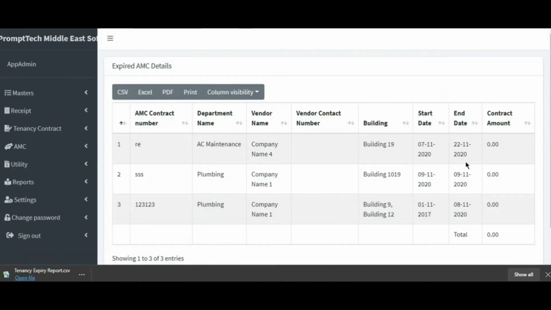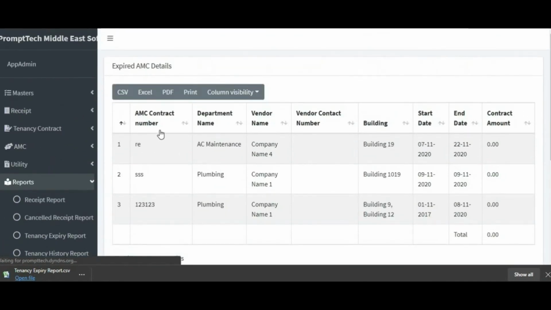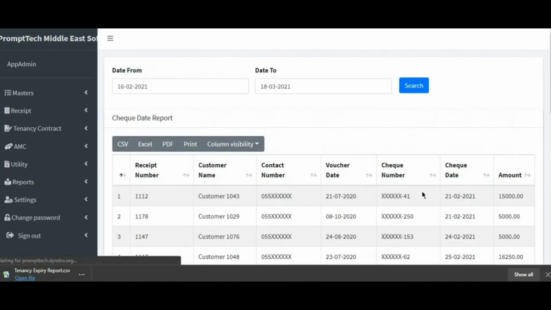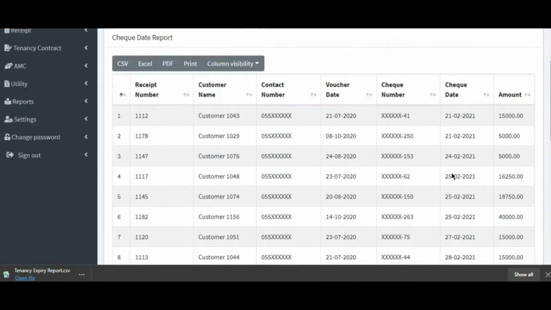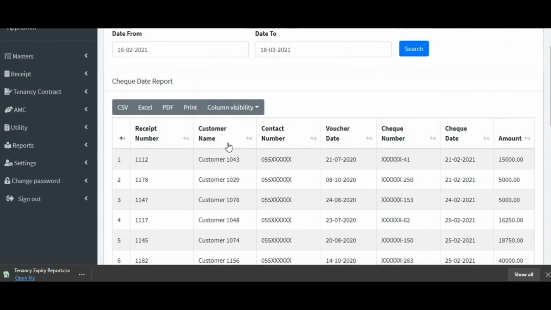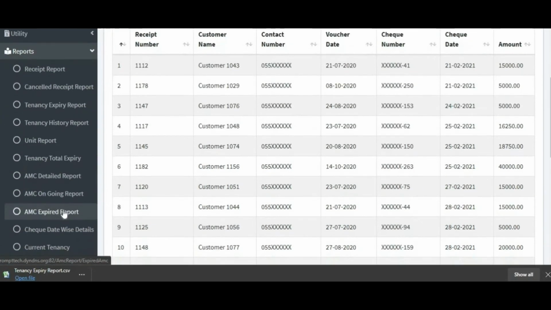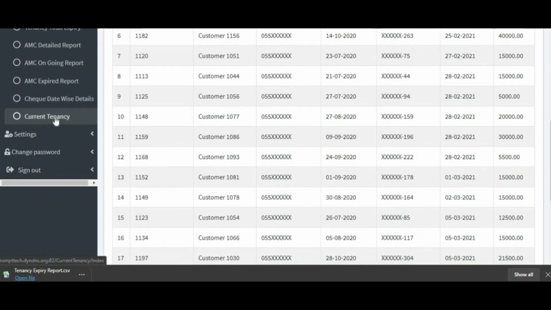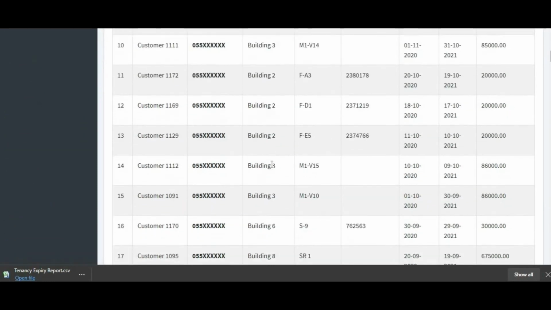Again, I'm just showing you the tenancy expiry details. These people were staying, but their contract expired and you need to make a new contract for them, or they wanted to move on. Similarly, the AMC report is also there. AMC details also come up, the annual maintenance contract: how many people were on contract, which building's contract it is, when the contract is expiring, when you want to renew it, how much electricity, anything pending. Here 5,000 for a particular customer, dates, contract number, everything is there.